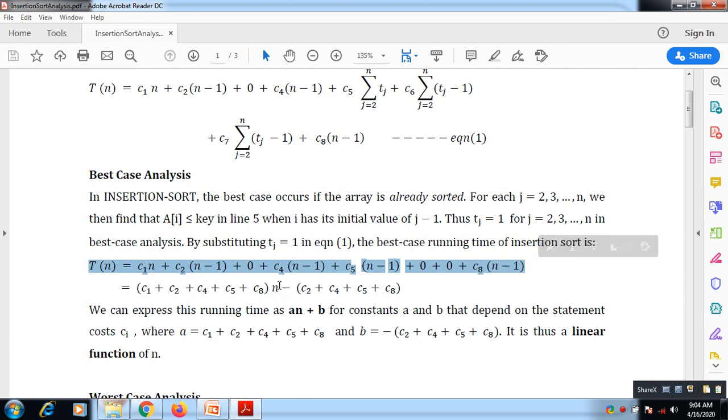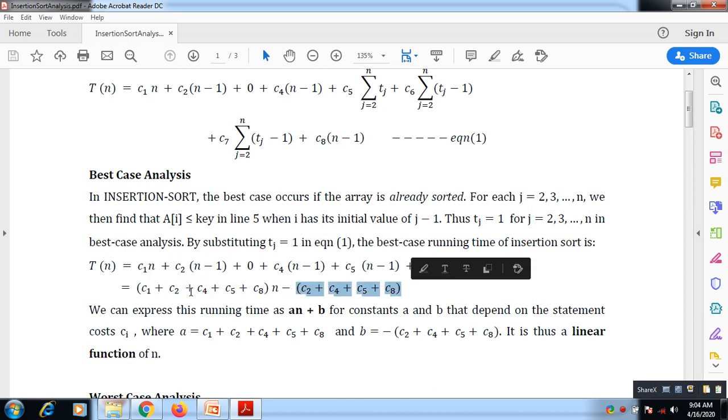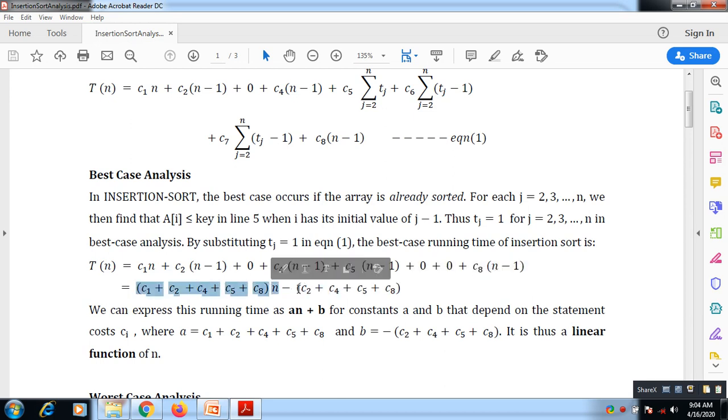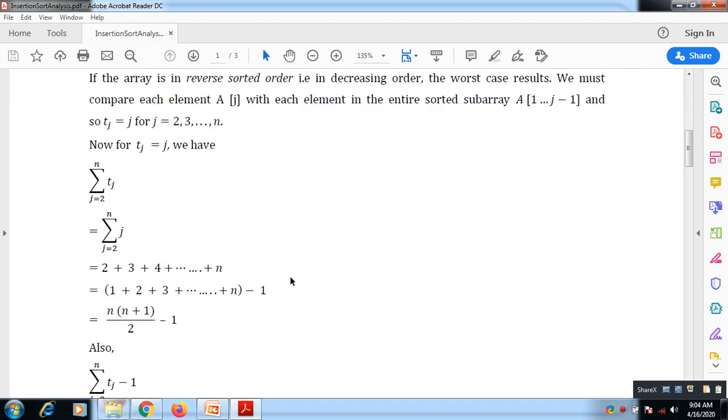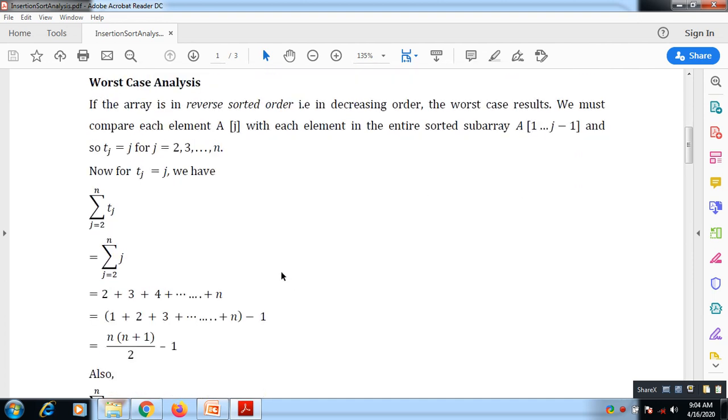Okay, so bring all n terms at one place and all constant terms at one place. This will be like that. So clearly I can express this as an plus b, where a is c1 plus c2 plus c4 up to c8, and b is minus 2 minus c4 minus c5 minus c8. So clearly the best case running time of insertion sort algorithm is some linear function of the input size n, right? So now if we check the worst case time complexity of insertion sort,